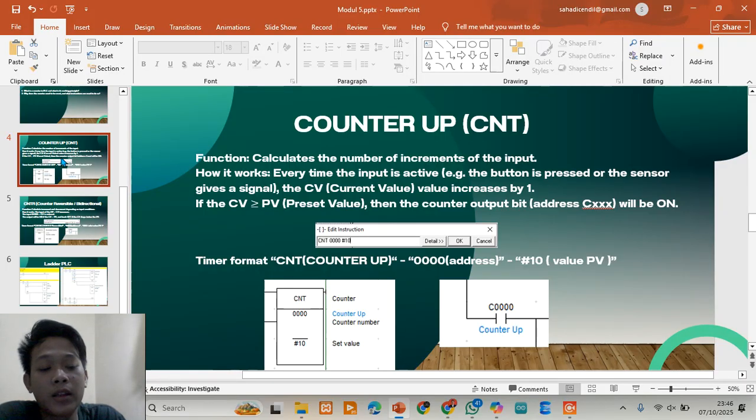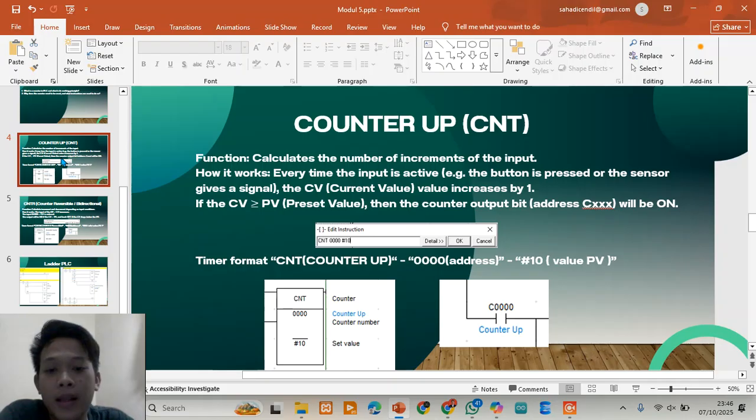Point two: when the CV reaches the preset value, the counter bit C000 turns on. Example ladder logic.